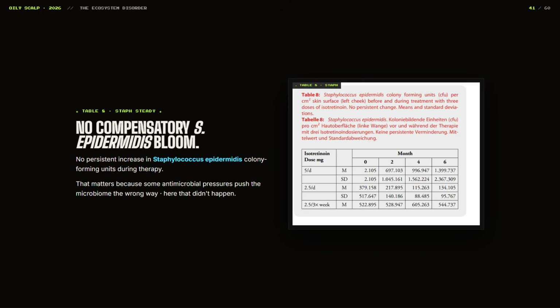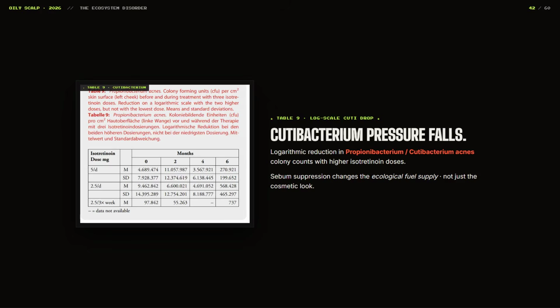And that bacterial finding matters because it ties back into the whole dysbiosis we were talking about earlier in the video. If very low dose isotretinoin reduces sebum and also reduces Cutibacterium, also known as Corynebacterium, without increasing Staphylococcus species, we're probably sitting on something that can be very targeted in terms of its treatment and can greatly reduce an oily scalp. Now, somebody might be asking, why the hell would we even want to microdose isotretinoin? Why not just take the whole dose?